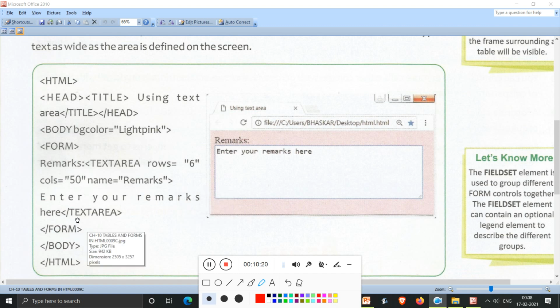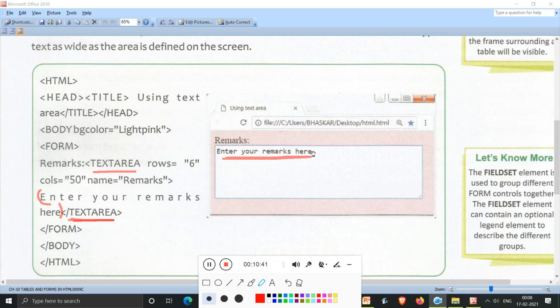Now students, before closing this textarea tag, see, they have written enter your remarks here. So whatever you enter between the textarea opening tag and the textarea closing tag will be by default written over here inside the box.